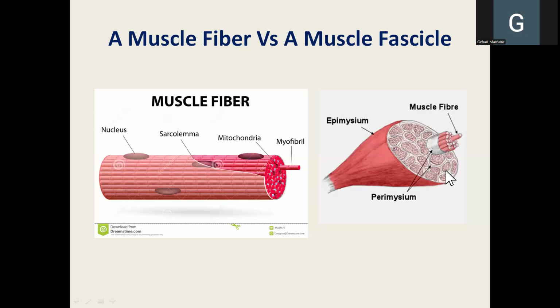In the cross section of the muscle, we can see multiple muscle bundles, and the connective tissue that surrounds every muscle bundle is called the perimysium. So the perimysium is what? It is the connective tissue that surrounds the muscle bundle, the whole muscle bundle. So every muscle bundle is covered by connective tissue perimysium, and the whole number of muscle bundles, or the whole muscle, is covered by epimysium. And every muscle bundle is nothing but a group of muscle fibers.